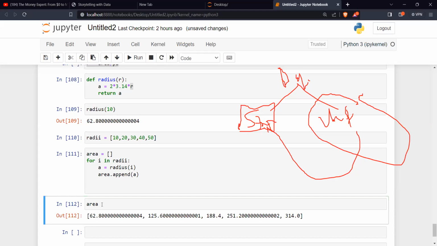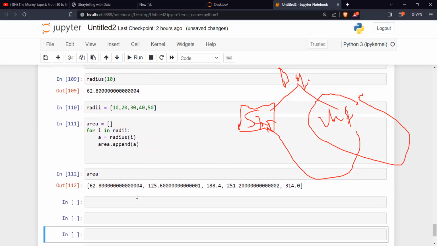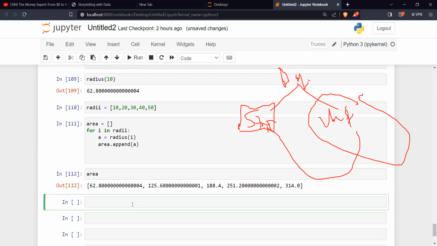But I thought the idea was that the radii is the input already. Yes, those are the input values, those are the arguments, as opposed to entering the argument yourself. It's already in the list. Do you understand it now? Either I have to be calculating every time like this, I would have done it like this, but there's another thing again.